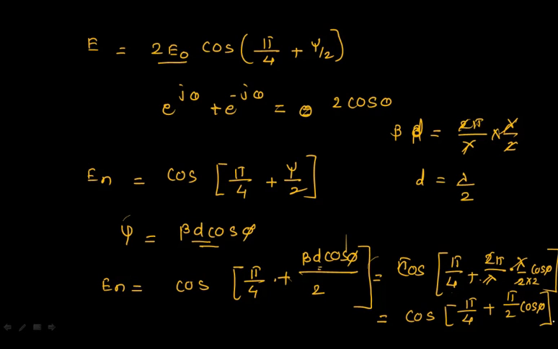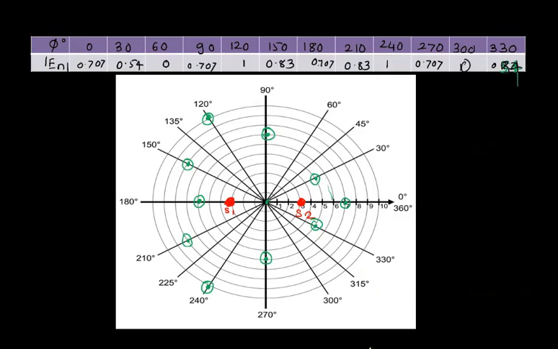So this is the radiation pattern, or the normalized field which I am receiving when your two isotropic point sources are of equal amplitude, but they have a quadrature phase. Now here I'll put in values of phi and see what values I'm getting. So here I have one plot, where I assume the normalized field I have received, rewriting it as pi by 4 plus pi by 2 cos of phi.